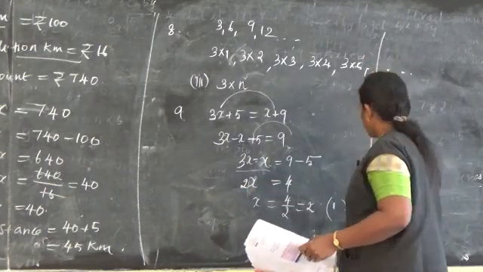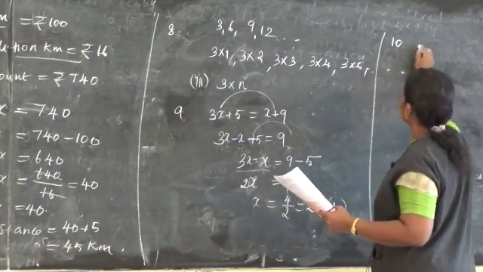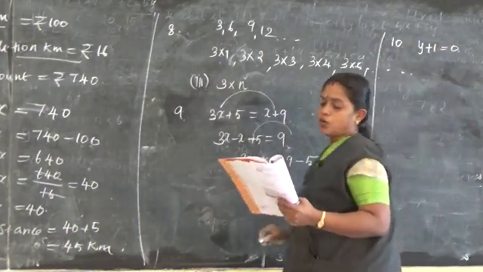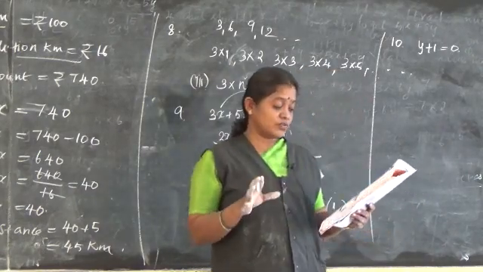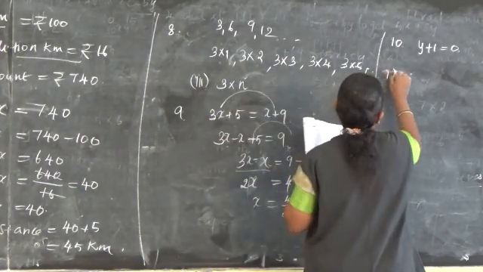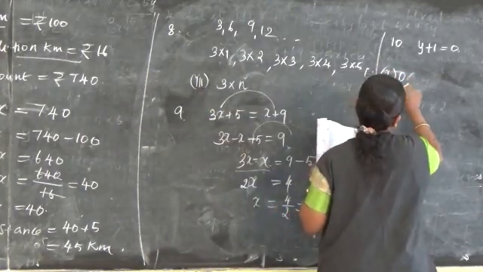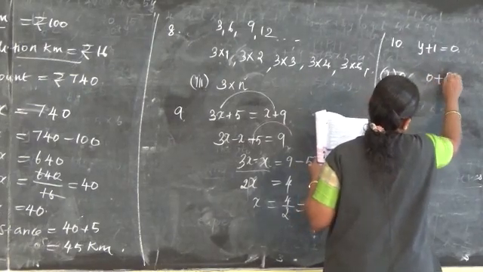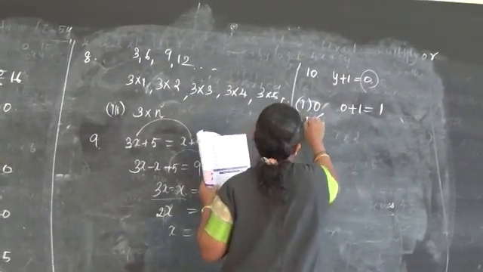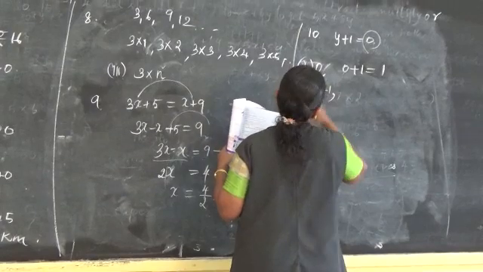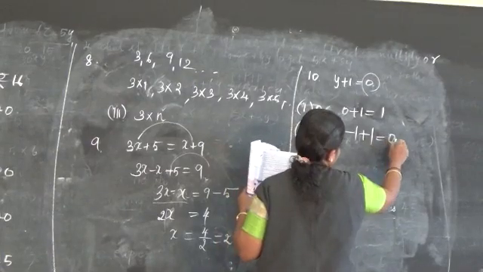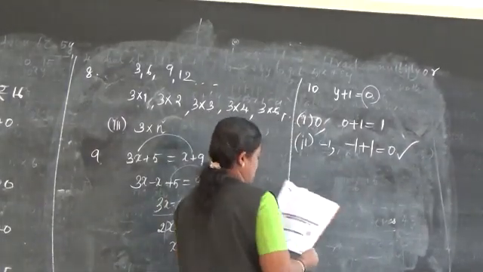What is the 10th question given to us? The 10th question is y plus 1 equal to 0. It is true only when y is, if you are assigning which value to y, you are getting that answer y plus 1 equal to 0. What is the first option given to us? 0. Now assign 0 value to y. 0 plus 1, 1 only we are getting. But what is the right hand side? 0. Now go to the second option. Minus 1. So we are adding minus 1 plus 1. Minus 1 plus 1, answer is 0. So the second option is the right answer.